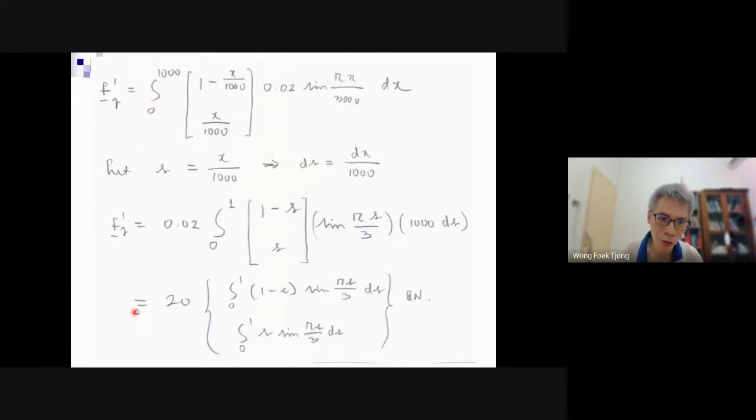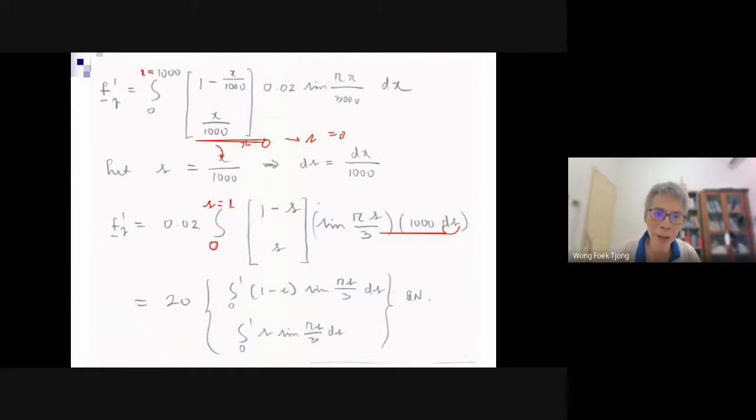When x is 0, what is s? s is also 0, right? So no problem, it remains 0. But be careful, here it is not 1000, because when x equals 1000 and I plug in here, s becomes 1. So the variable here refers to s, not x, because this is ds. When we simplify the integrals, don't forget.